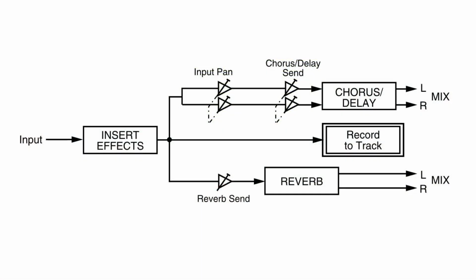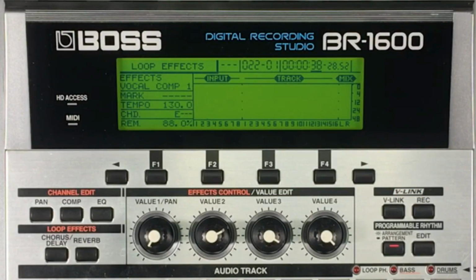Any loop effects applied to an input signal will not be recorded to the track, as the signal is returned at the output stage of the recorder. After recording, all the settings from the input sends are automatically copied to the corresponding tracks. We'll apply reverb to this vocal track and record it.